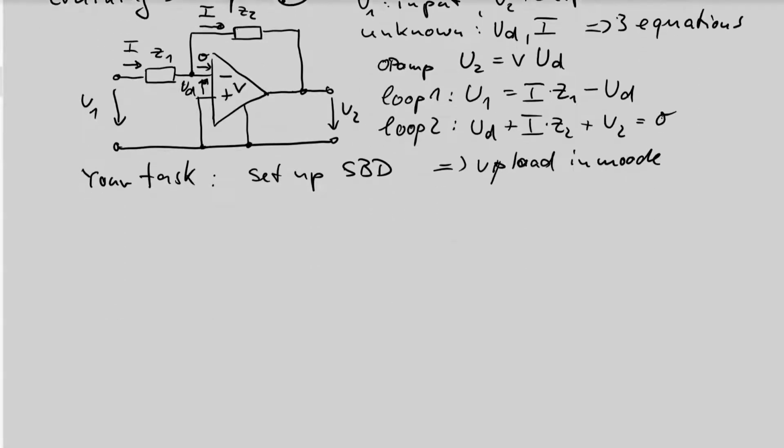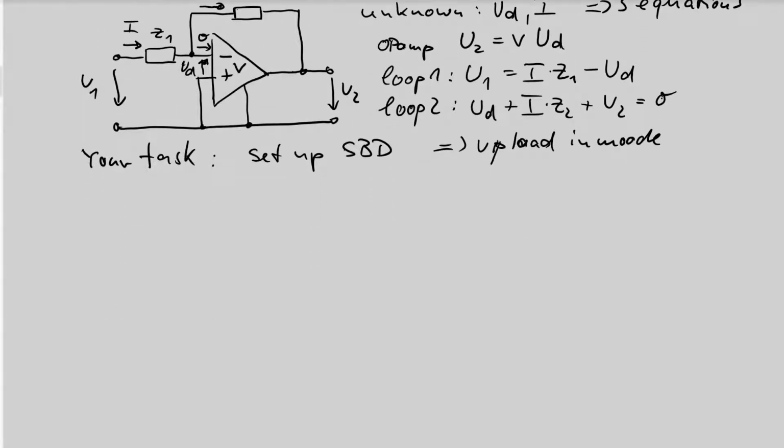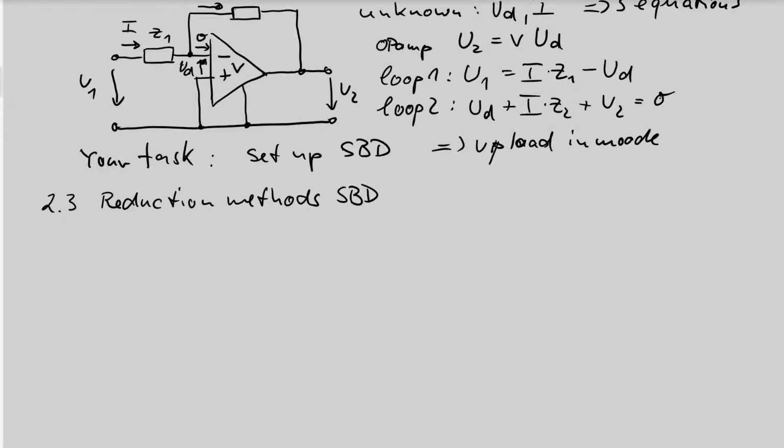Okay, the next step is I want to show you in chapter 2.3 the reduction methods of SBDs. What this is a reduction method: I want to show you that it is possible to change the signal block diagrams in that way that you can reduce the number of blocks to finally one single block, and then you have the total gain of